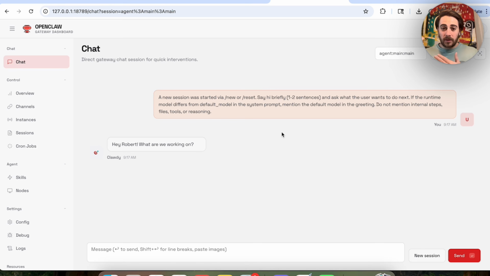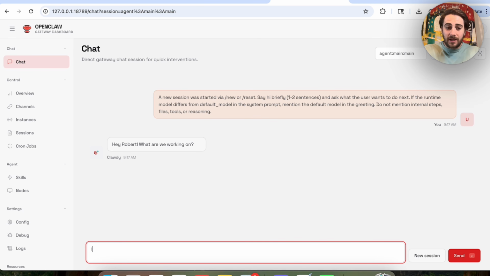I was using Opus 4.6 originally to run my OpenClaw, and it was costing me over $150 every single day. Ever since I've switched to MiniMax, it costs me less than $10 a day to do the same amount of work. In fact, on a lot of days, it's even way less than that, and it doesn't take away any of its capabilities. For example, I could come over here to OpenClaw and say, I want to create a landing